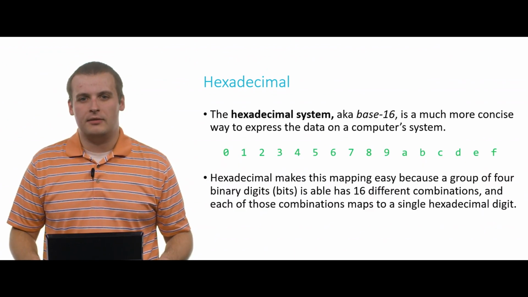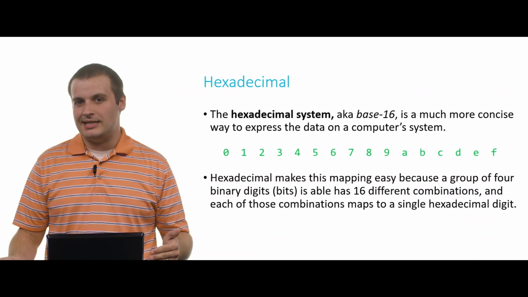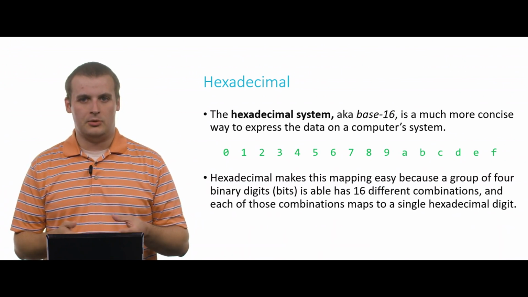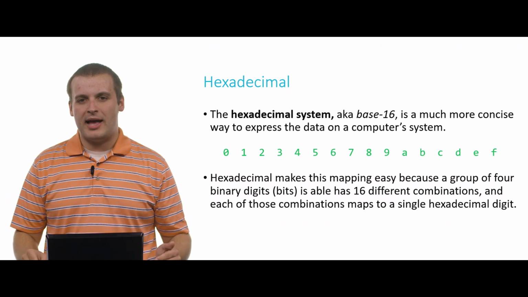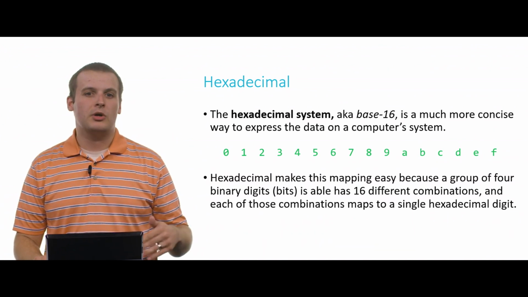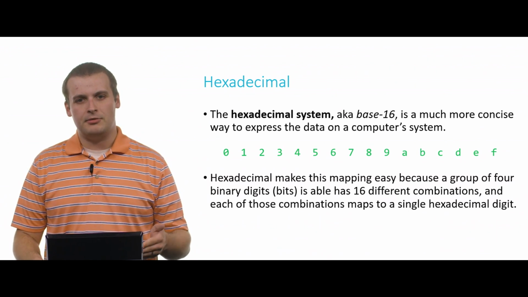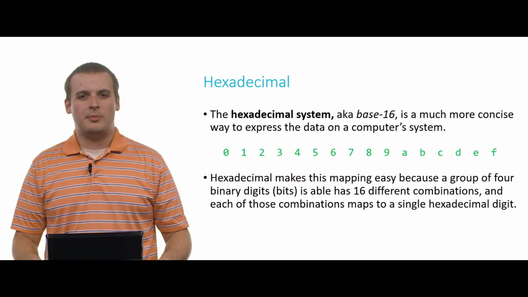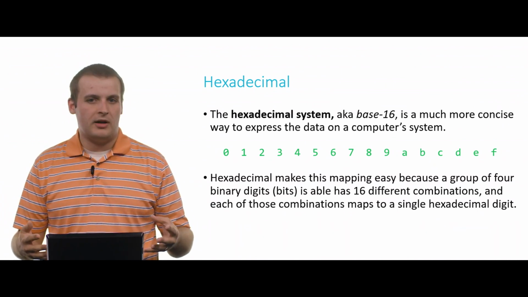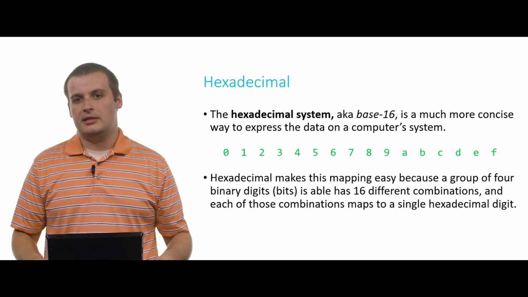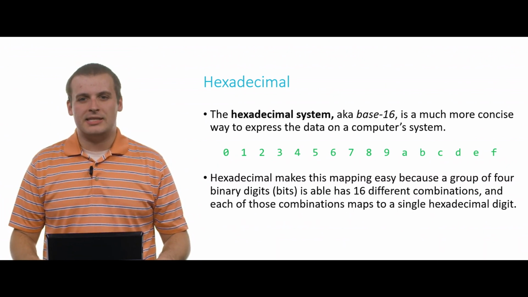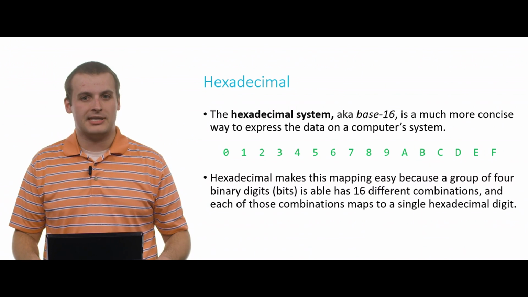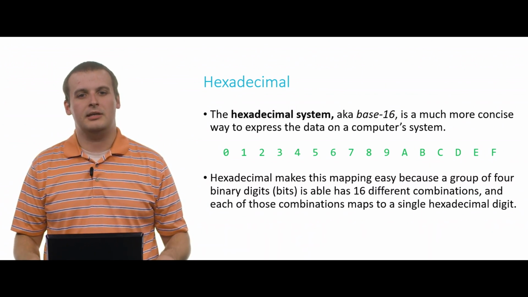And so we have this notion of the hexadecimal system, which is base 16 instead of base 10 or base 2, which means that we have 16 digits to work with instead of 10 or 2. And it's a much more concise way to express binary information on a computer system. It's much more human understandable. So we have the digits 0 through 9, and then we also have these extra 6 digits, A, B, C, D, E, and F, which represent our notion of 10, 11, 12, 13, 14, and 15 in decimal. Sometimes, by the way, you'll also see these A through Fs as capital A through F, which is the way I tend to do it. It's just my preferred style, but either is fine. They both represent pretty much the same thing.